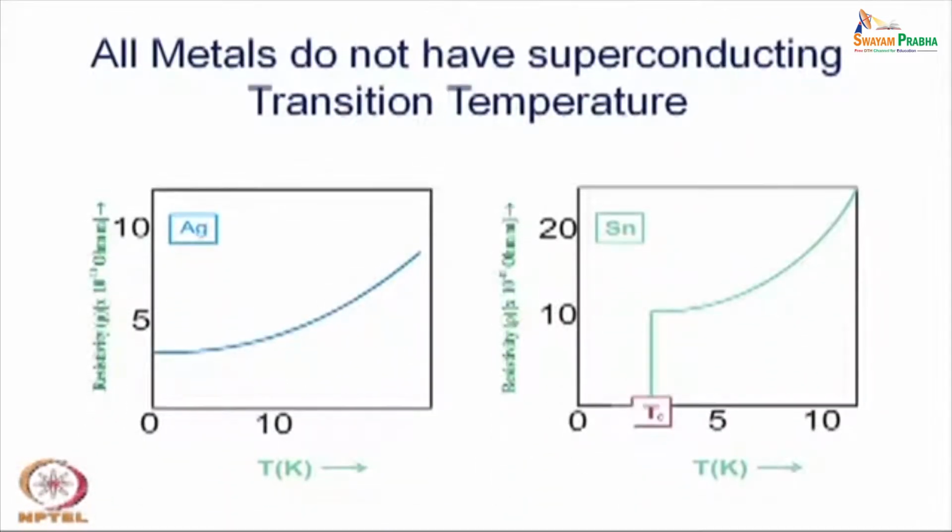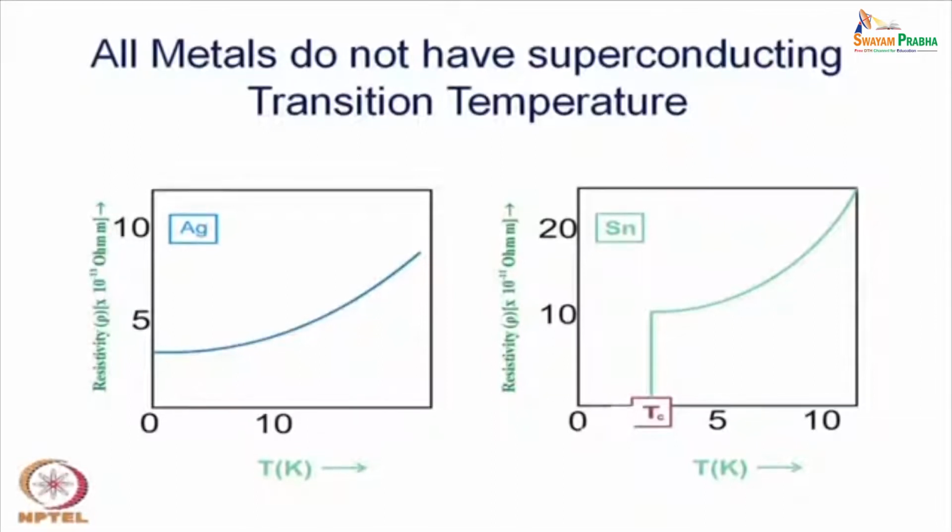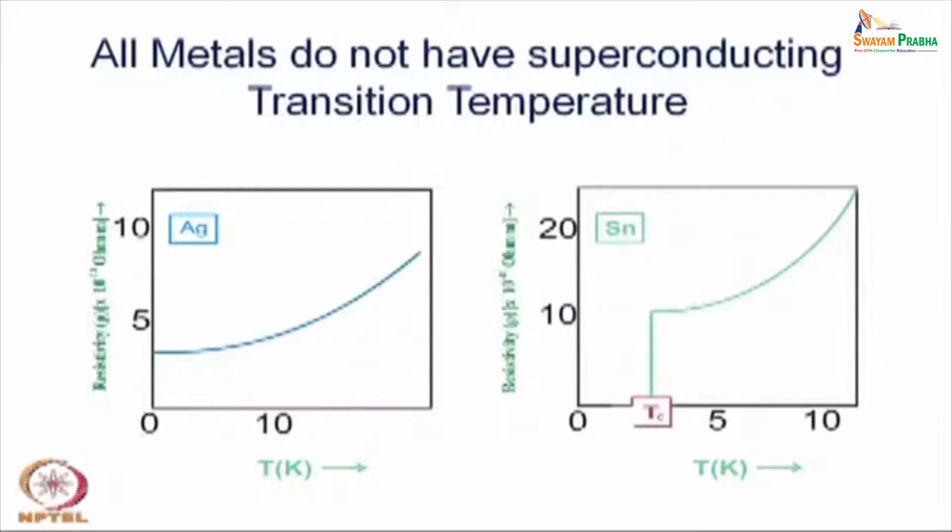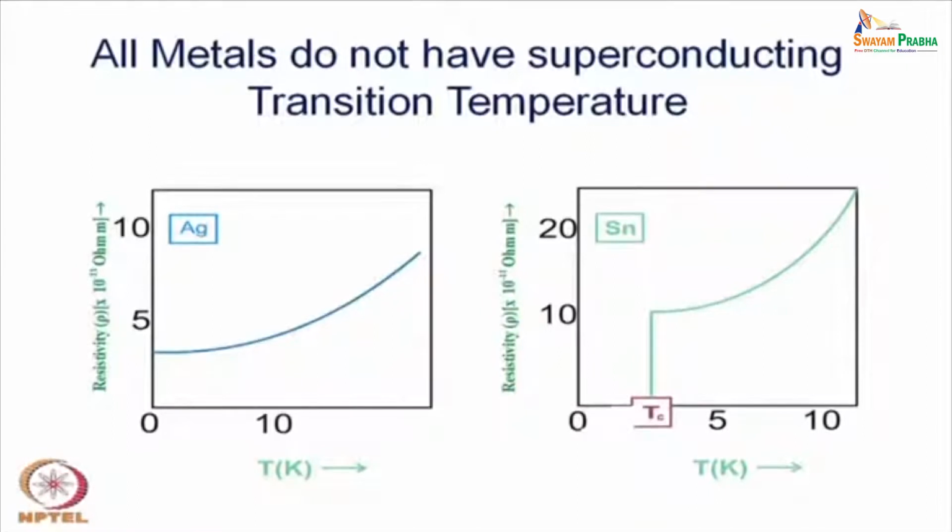This is a non-superconductor versus superconductor resistivity curve of two different metals. One is silver and another is tin. As we have discussed earlier, silver is one of the highly conducting elements, and it has been used as a conductor in many different sophisticated purposes. However, tin is not that conducting, its resistivity is relatively high,